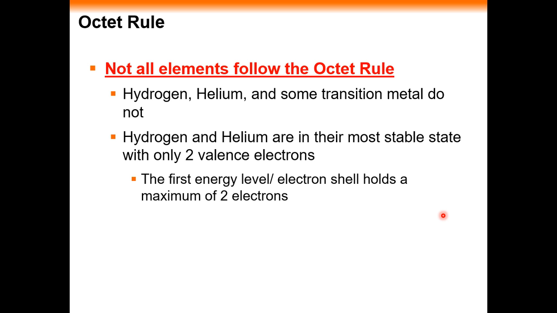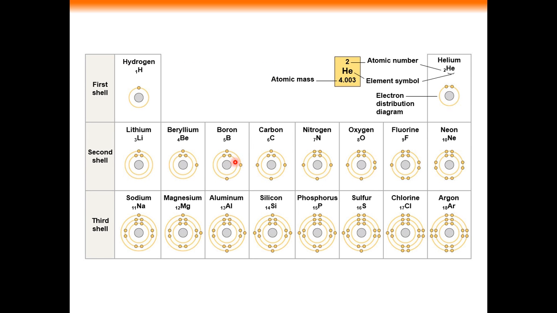Like we said, not all elements follow this. It's not technically a law. It's just a guideline. Most follow it. Some don't. Here are some exceptions. These aren't too important, but the important ones, I guess, are hydrogen and helium. They don't really follow that rule. In fact, their most stable state is when they have a full shell of 2, which kind of shows you here. This inner shell is full with just 2, because that's all they need there. And you see here, these have the 8 valence electrons: 2, 4, 6, and 8 valence electrons, so these are known as